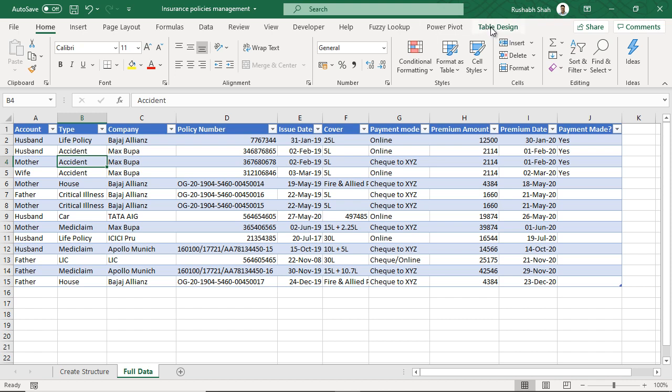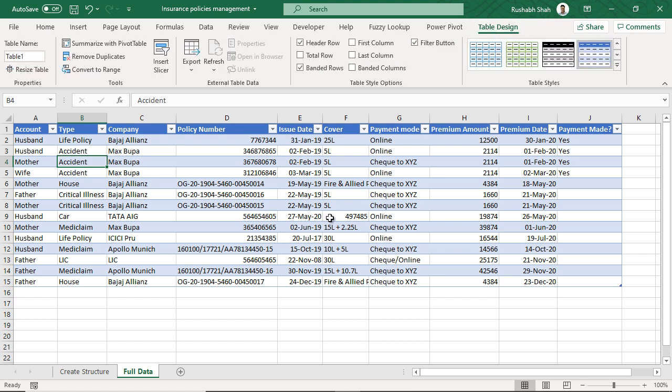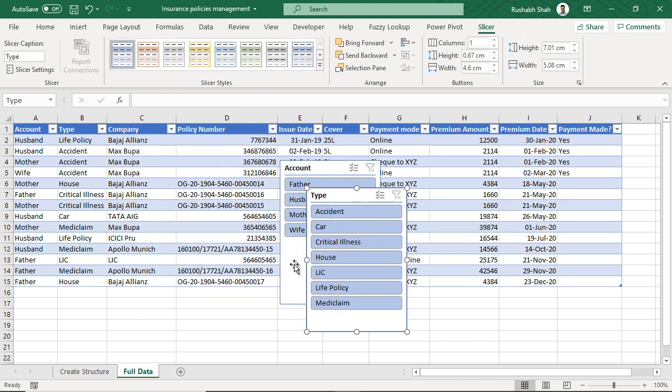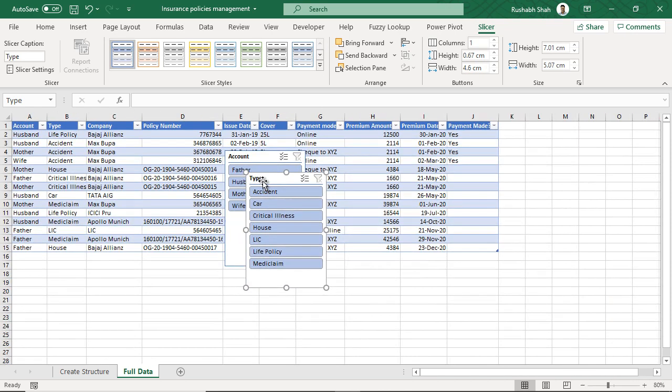So I'm going to go to table design on top because my cursor was inside the Excel table. I got this new tab called table design. In that I have this option called insert slicer. And here I'm going to take account, type. I'm going to take these two, account and type. And suddenly you get these two kind of things. So now what I'm going to do, I'm going to zoom out a little and I'm going to place these